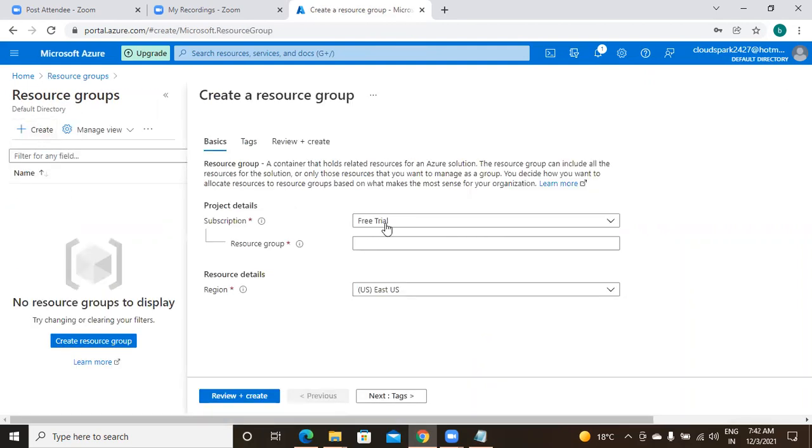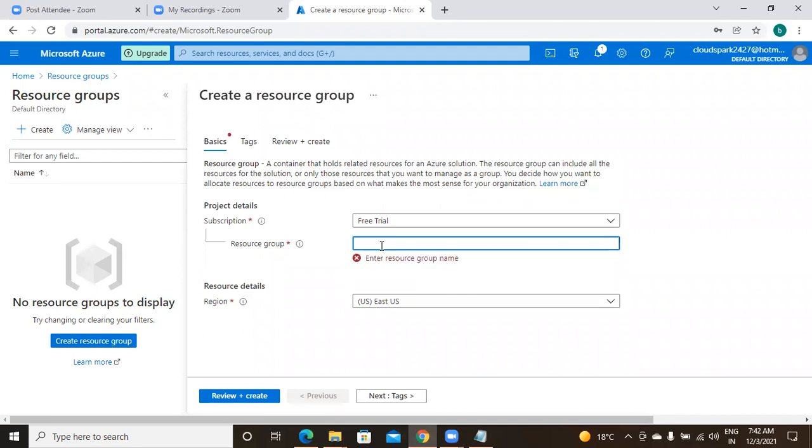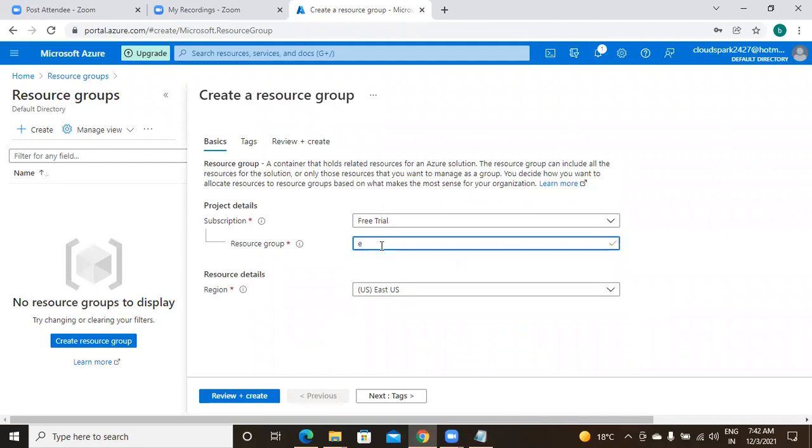The subscription is a free trial. There are 2 types of subscriptions, free trial and pay as you go. Free trial validity is for 1 month and $200 worth of credit will be there for you. And for the resource group, just give the resource group name. I'm giving DWH ZRP.